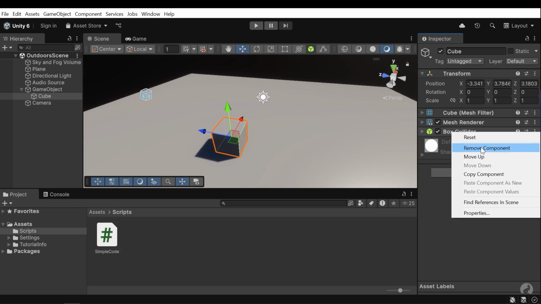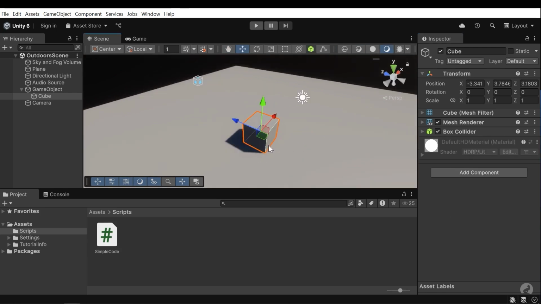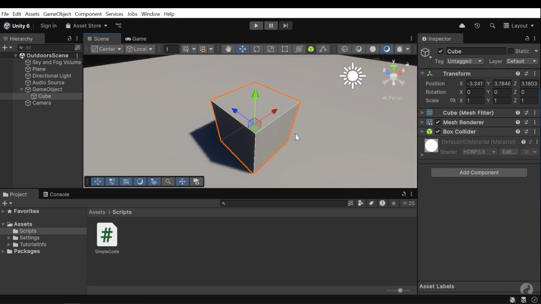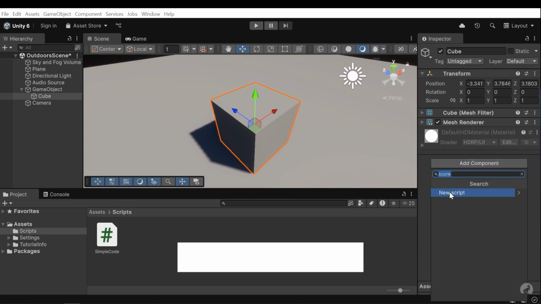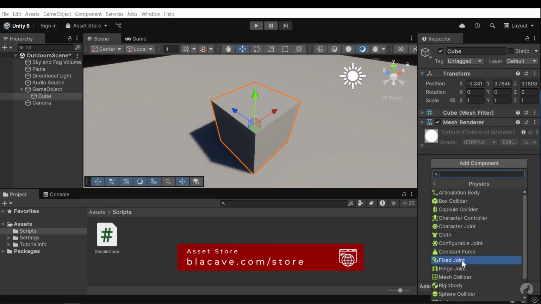Now, if I remove this, as you can see, a green border has been removed. Here, a green preview of the collider, and here we can go to the physics tab, and we can access